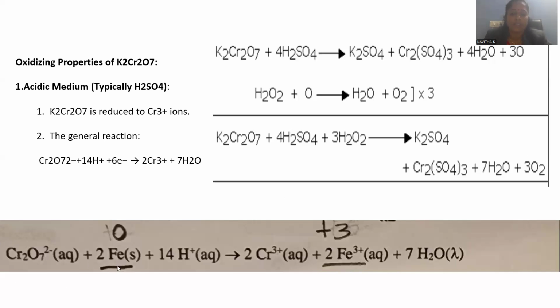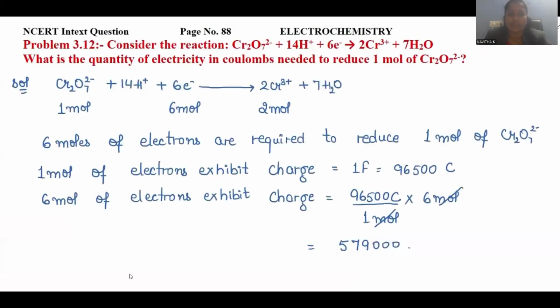Dichromate upon reacting with iron. This is another peculiar reaction we can say. So here solid iron was taken, and 14H+ you can add. There is formation of 2 moles of chromium +3, and 2 Fe+3 will be generated, and 7 water is the product formation. So this is another possibility we can say for an oxidation reaction.